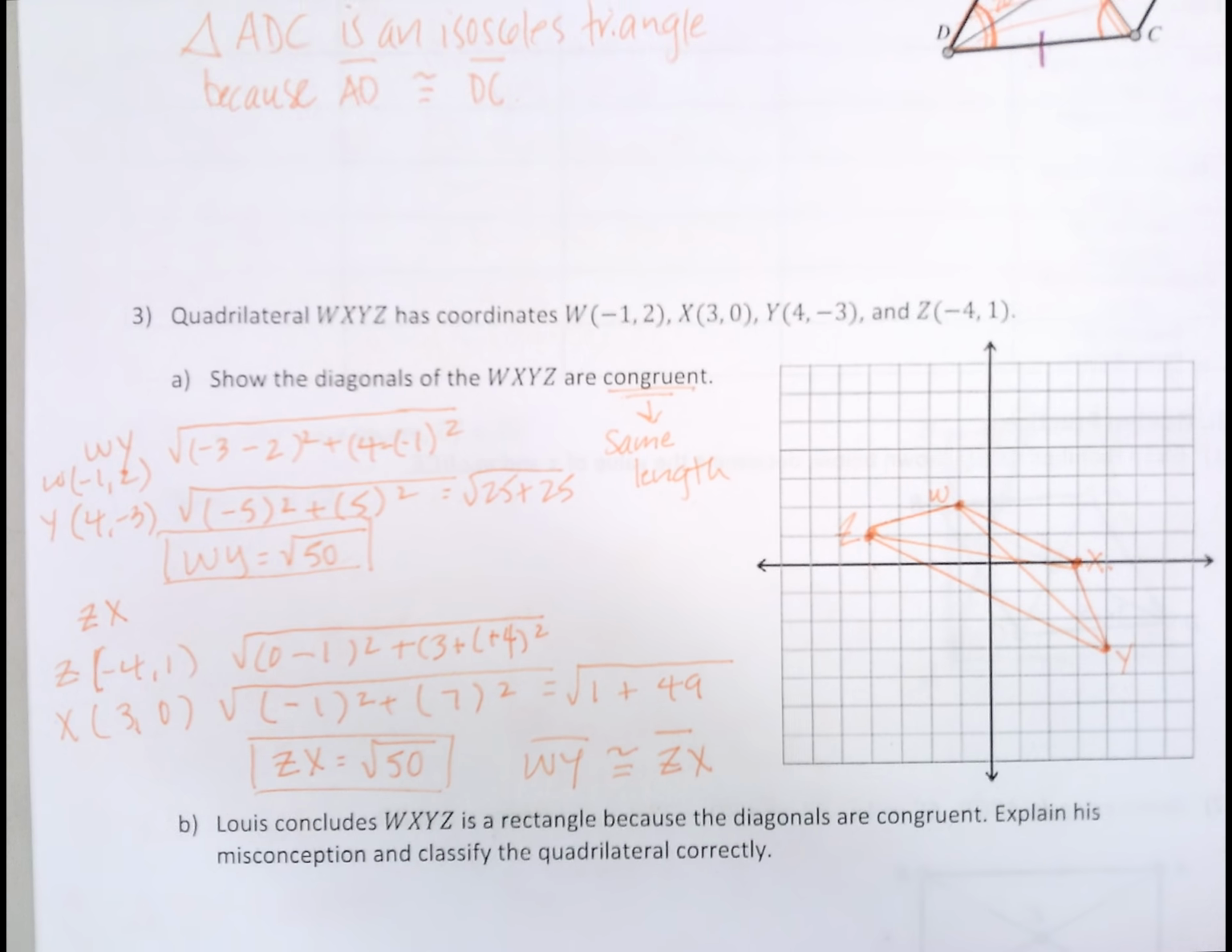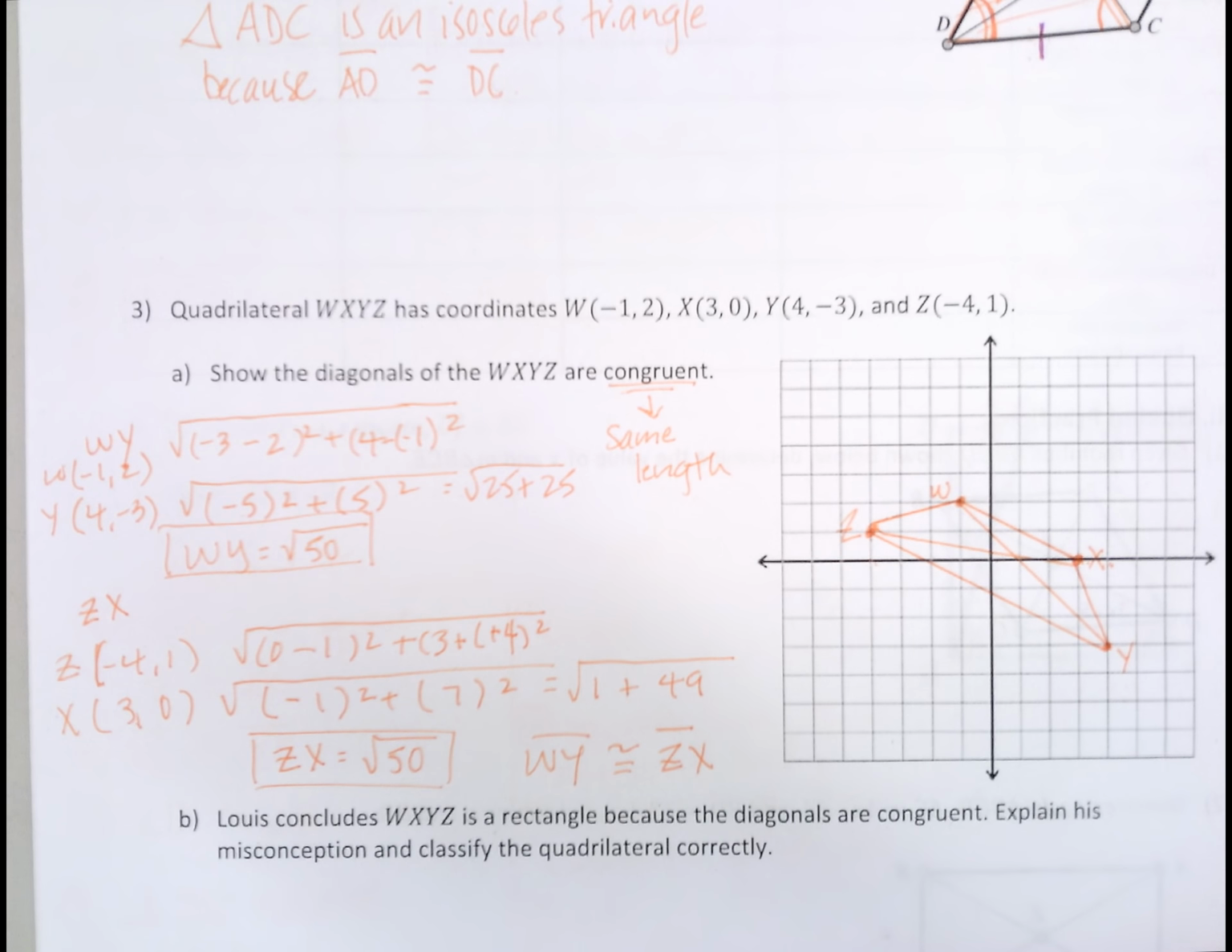All right, so it says here, lastly, Lewis concludes WXYZ is a rectangle because the diagonals are congruent. Explain his misconception and classify the quadrilateral correctly. So he says that it's a rectangle because the diagonals are congruent. But that is a property of a rectangle, but in this case,